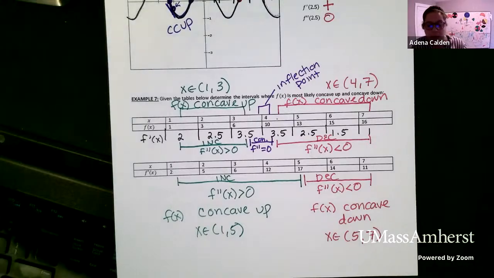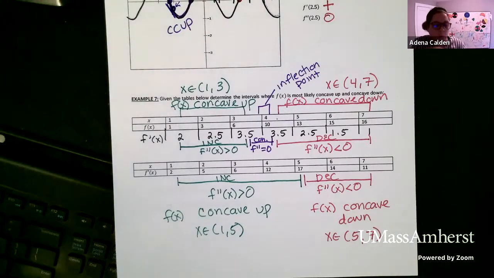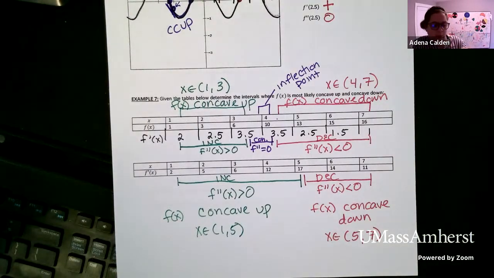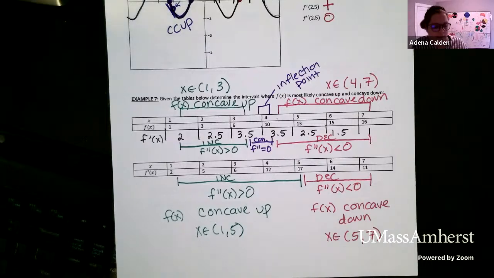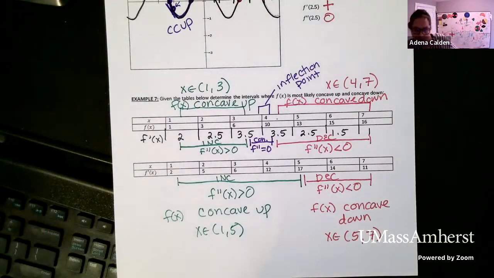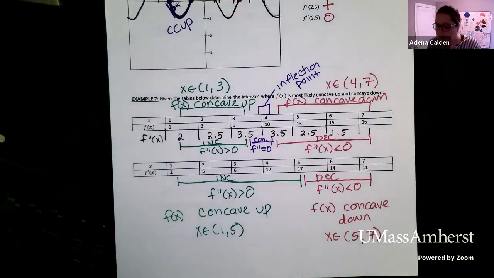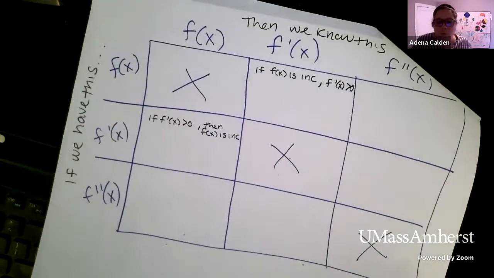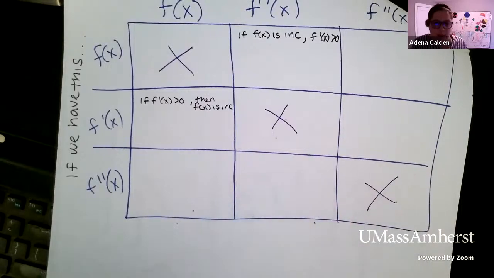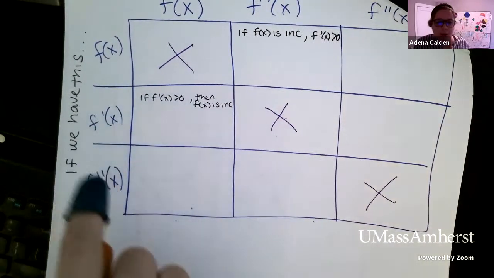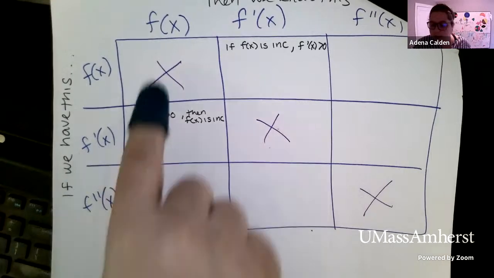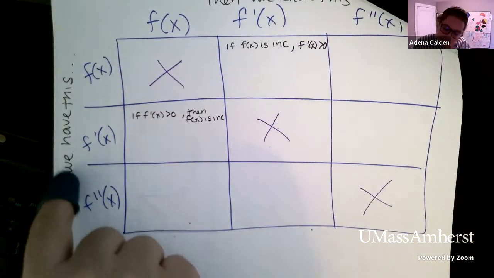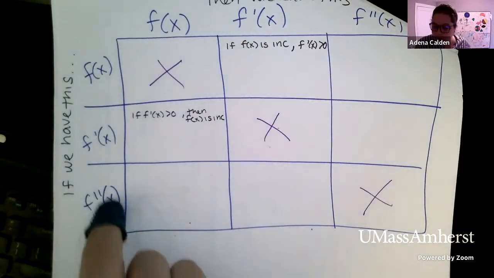So one thing I will recommend, which I think is really helpful if you're struggling finding these relationships, is to create a chart. And I'm going to show you an example of the chart that I usually have students do when they have trouble remembering this type of stuff. So creating a chart that looks like this, where you have f of x, f prime of x, and f double prime of x across the top. And we write the statement, if we know something about f of x,